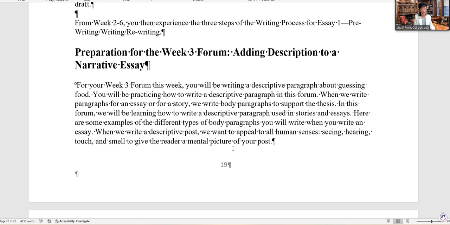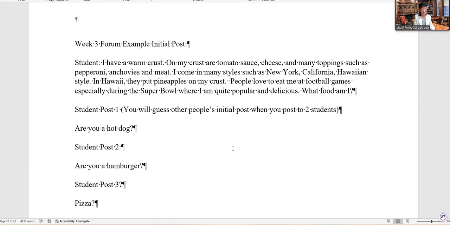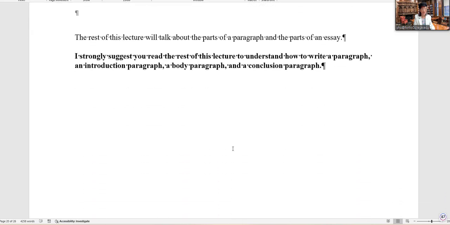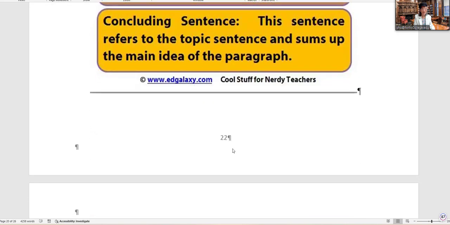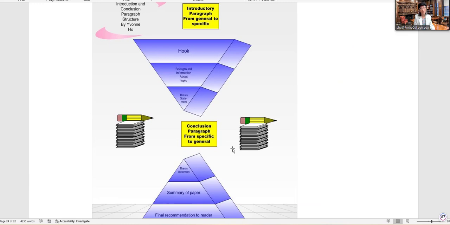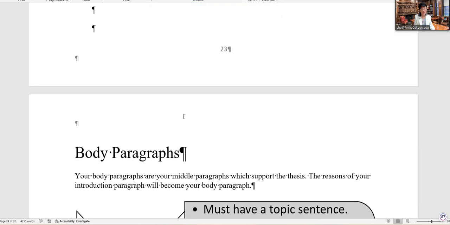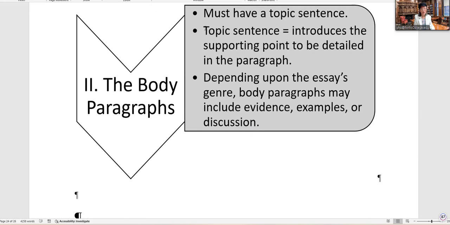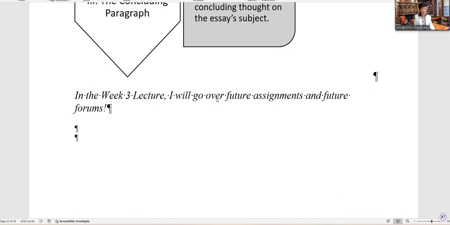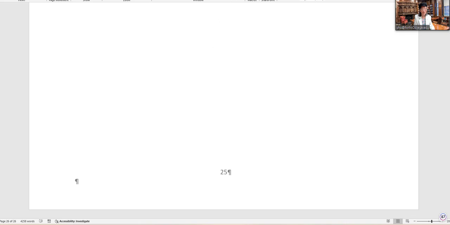So basically that's it, and this is more examples about your food posts, okay? So you could read this through, and this should end all of this. When you write an introduction paragraph, you need to have a hook, background information, and a thesis statement. Then when you write your conclusion, you put the thesis statement first, then you summarize your paper, and you have a final recommendation to your reader. And then your body paragraphs need to have a topic sentence, a supporting sentence, and a concluding sentence. And that's it for this